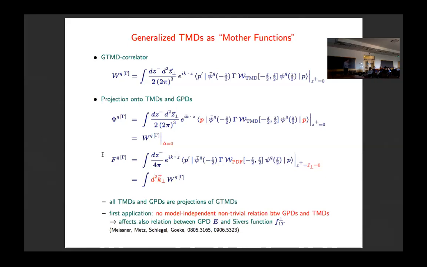And this comes back to Marco's point. I mean, unless for whatever reason these GTMDs have some relation, this shows clearly there cannot be a model-independent relation of that. This is not the only case which is discussed. It's the most popular one, and it's actually discussed in various instances. And I go a little bit here off the script. Sometimes I get the impression that people forget that this is a model-dependent